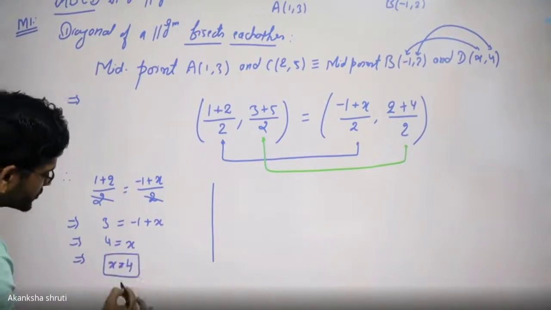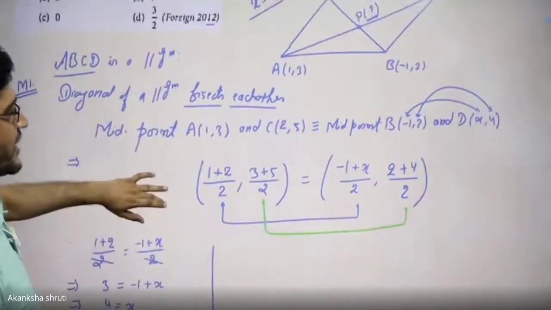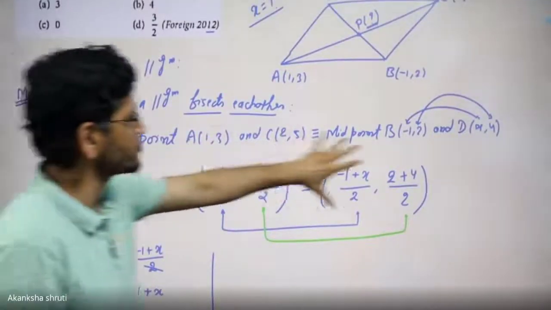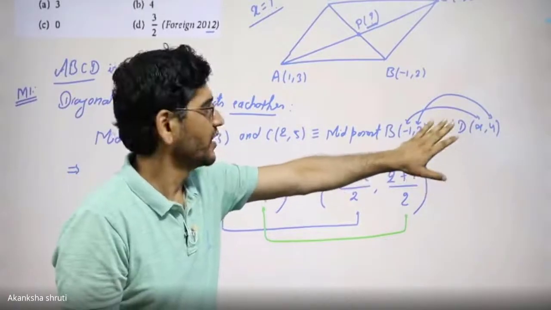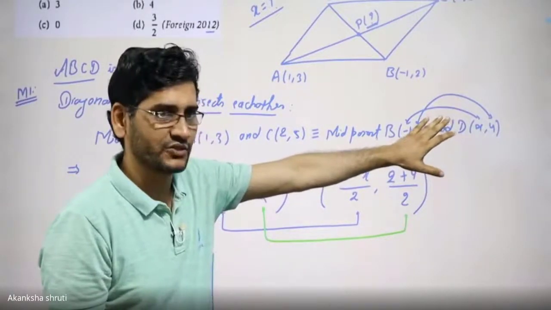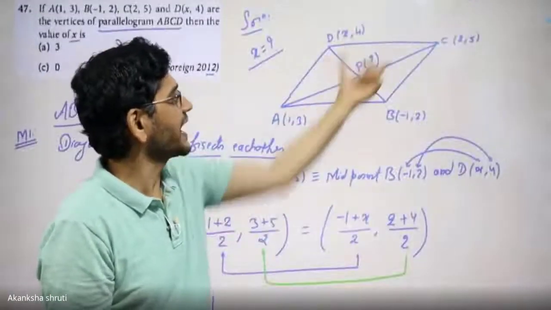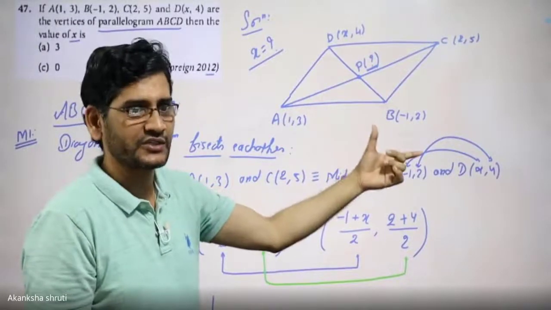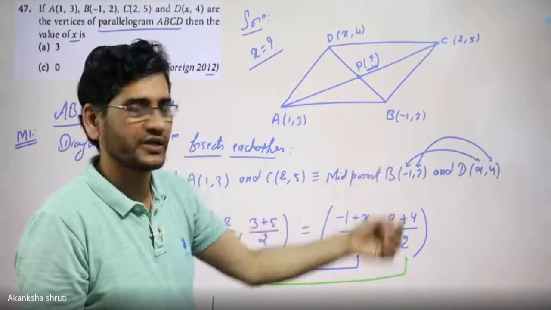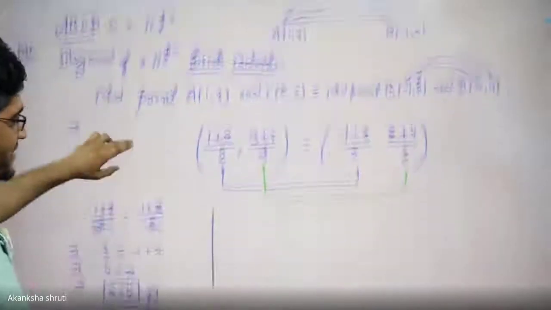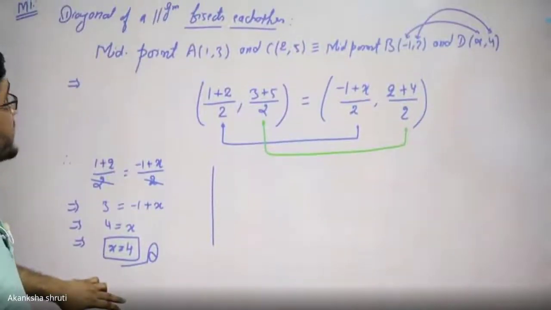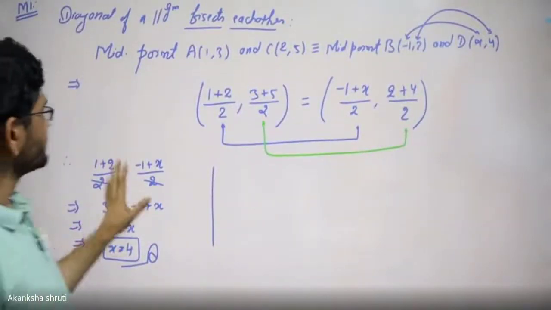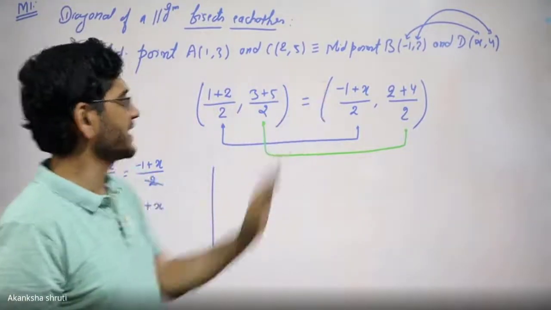It's so simple. That's why it was asked as an MCQ, but students are not understanding this shortcut or this trick or this concept that they should use. They are going for equating their side lengths. That we will do in method 2. That will give you a bigger result, okay? Or that will consume more time. Students, this way we have found this x by equating their x coordinate.